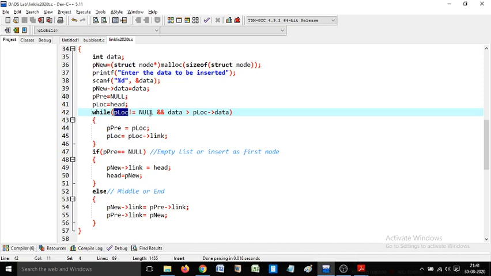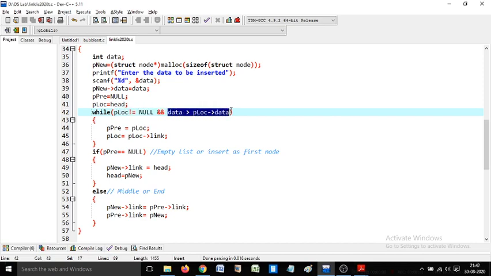So we have to insert the new value at the end of the list. If the p location pointer reaches the last node, the new node has to be inserted at the end of the list. This is about the first part.